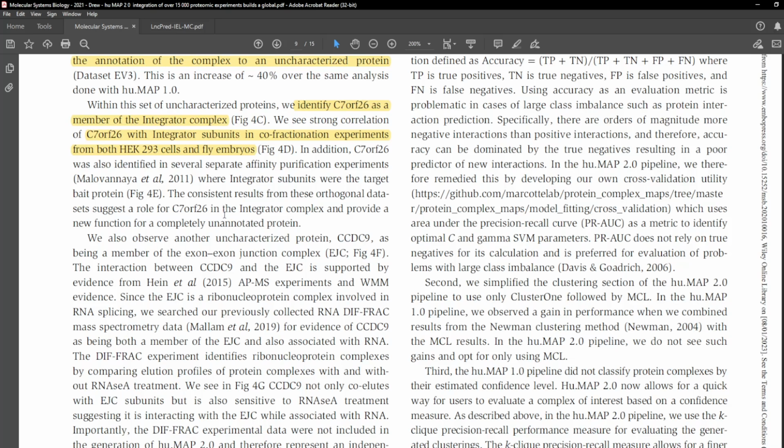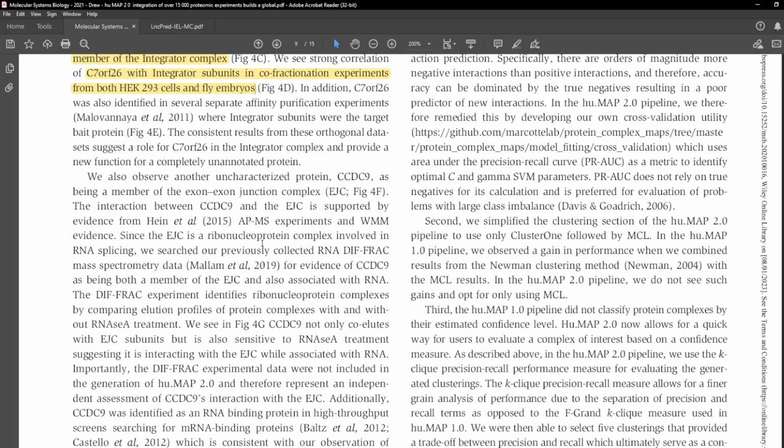We also observe another uncharacterized protein, CCDC9, as being a member of the exon-exon junction complex, EJC, Fig 4F. The interaction between CCDC9 and the EJC is supported by evidence from Hein et al. 2015, APMS experiments and WMM evidence. Since the EJC is a ribonucleoprotein complex involved in RNA splicing, we searched our previously collected RNA-DIFFRAC mass spectrometry data, Mallam et al., 2019, for evidence of CCDC9 as being both a member of the EJC and also associated